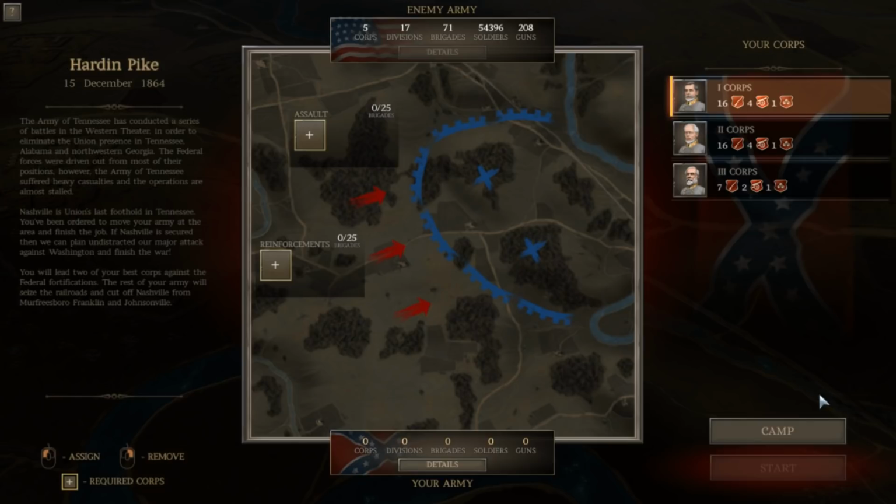The battle that we're going to be fighting that's coming up here is the Battle of Hardin Pike, which assumes a Confederate attack on Nashville. It also assumes we've already liberated Vicksburg and all of the other southern capitals, and that Nashville is the final southern capital left under Union control, which is the last thing preventing us from launching that final assault